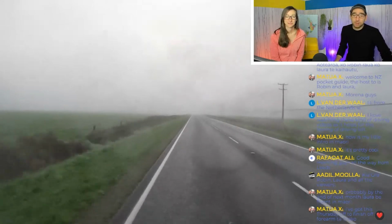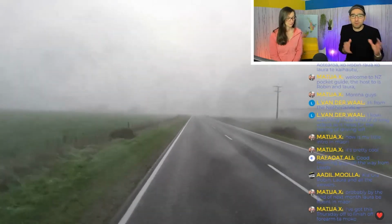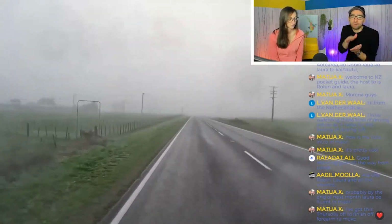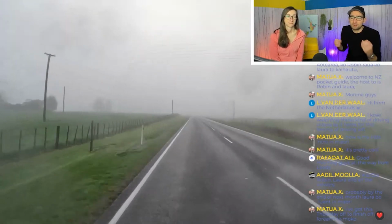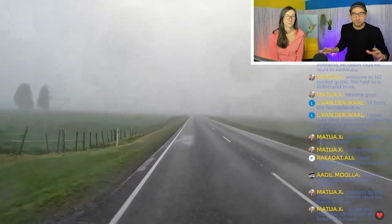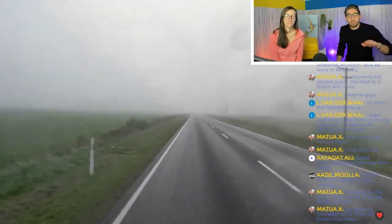Speaking of that, use the pullouts. As I mentioned a little bit earlier, when this video was recorded live, a lot of the time Kiwis are going to be driving very close to your back, like very, very close. There's no notion in this country of driving safely sometimes. It drives me nuts. But there are also a lot of pullouts,